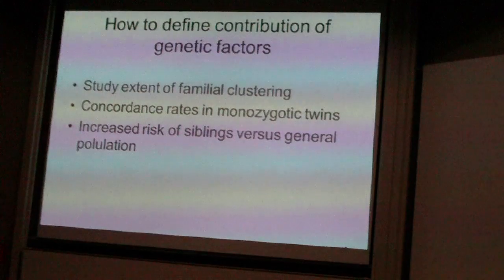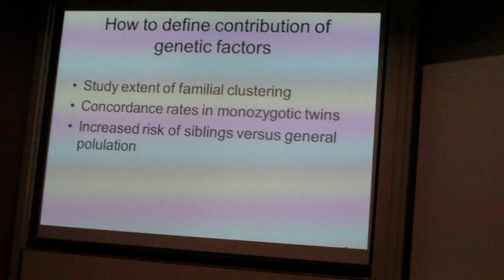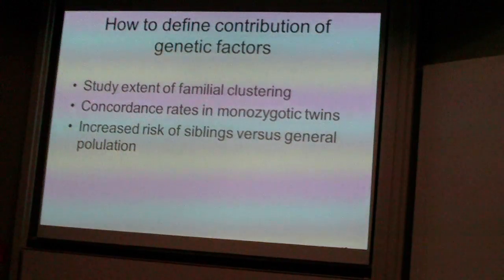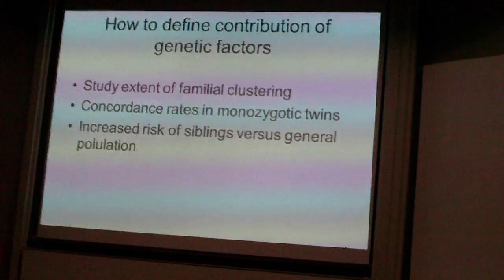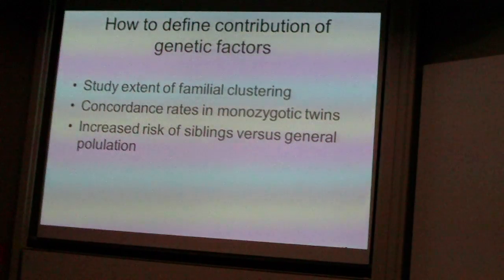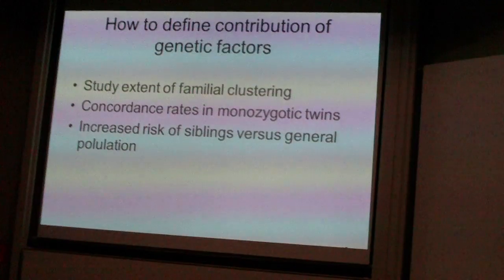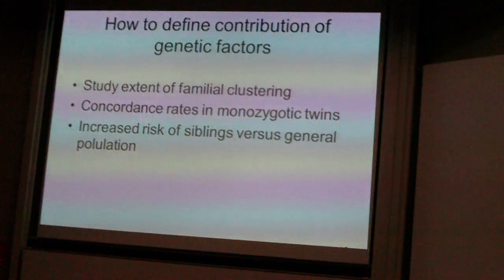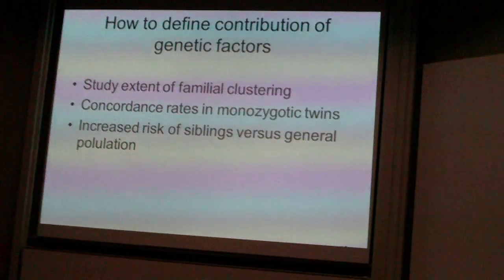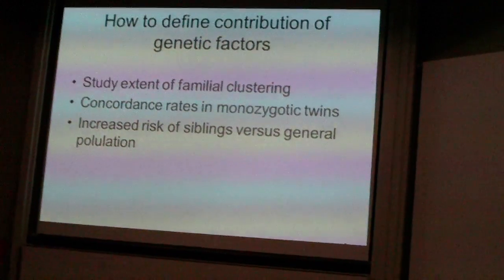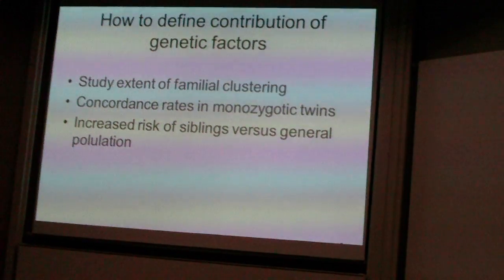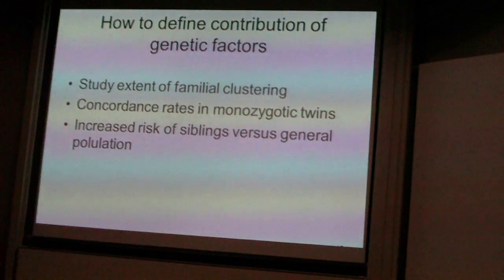But like I said in the introduction, in all these cases genes are important. And the question, of course, is how can you study the importance of genetic factors in such diseases? So people look to familial clustering. Of course, when you find families with high prevalence of disease in a pedigree, then it gives you already an indication that it runs in families, so there may be a genetic component. Although you always have to be careful, because families usually also grow up in the same environment, so you never know, is it the genes that are important here, or is it the environment that is also shared between people